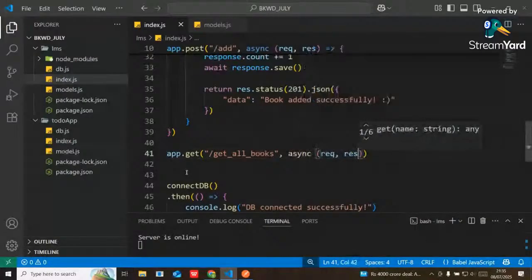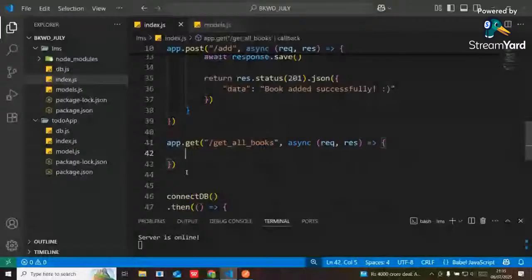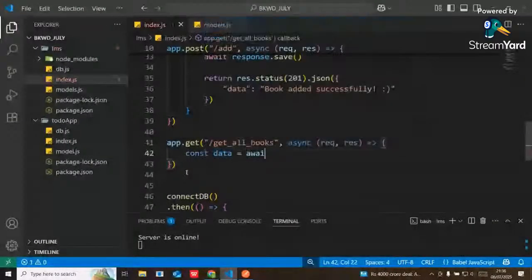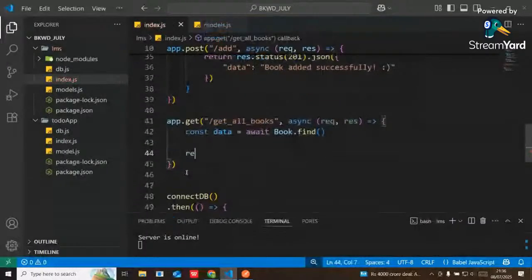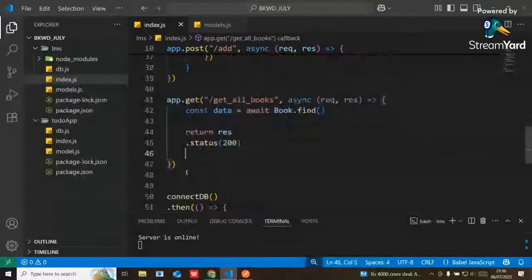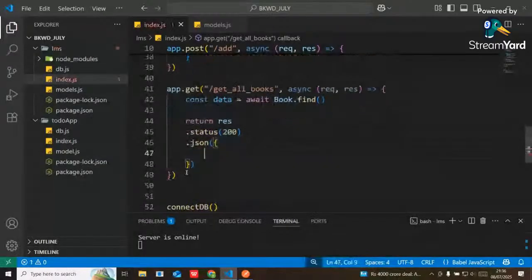And here, guys, I'm going to fetch all the book data. How to fetch it? Simply const data, I can write await book dot find, and here I have to return the data. Like how to return: response dot status of 200 dot json. Inside the json, here will be the data,